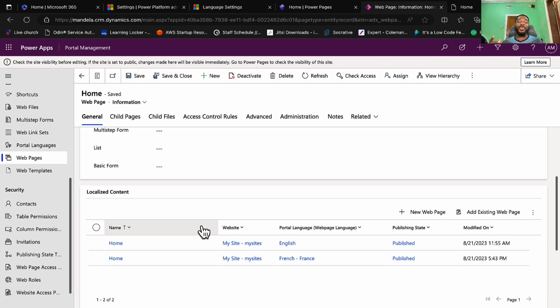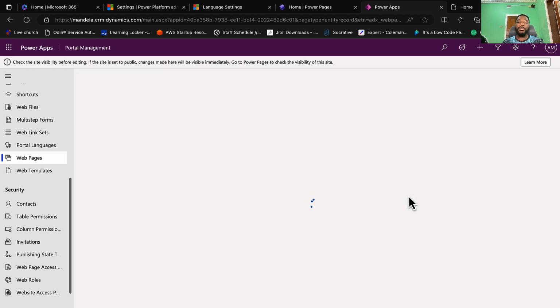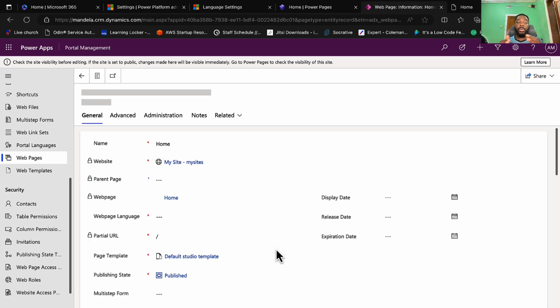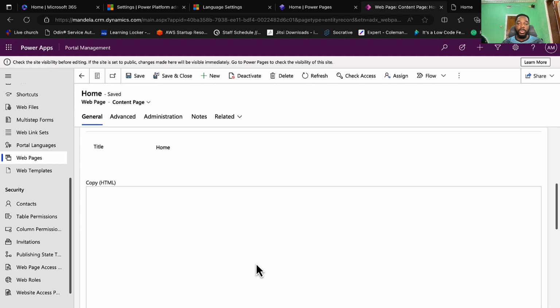Now, in our next tutorial, I'm going to show you how you can use Copilot to easily do that modification rather than going to the source code. Because here, let's say on our home page, this is the French home page. So I'm going to take this one. I'll have to actually update the information on it myself. So I can do that either through Visual Studio Code or right here in the portal management. So if I go down to its content,